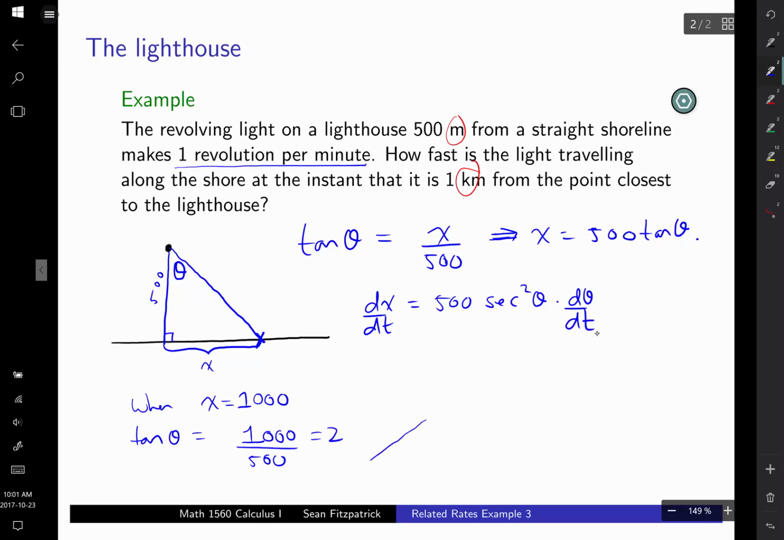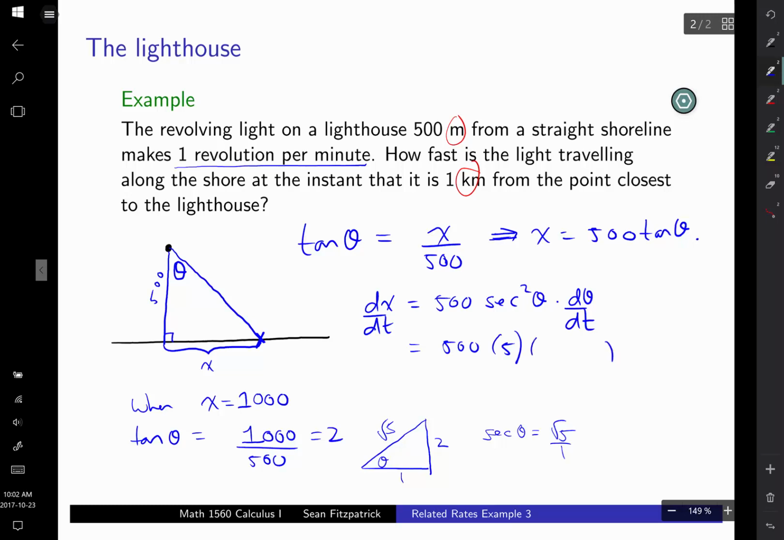Okay, and so let me draw a little triangle, 2, 1. Things are not to scale here. This side is square root of 5. So secant theta is going to be hypotenuse over adjacent, root 5 over 1. So secant squared is just 5. Okay, so what do we get? We get 500 times secant squared times